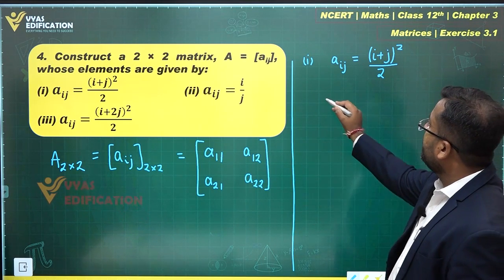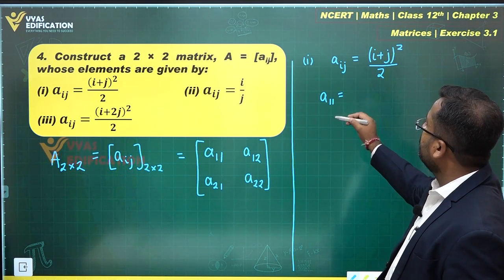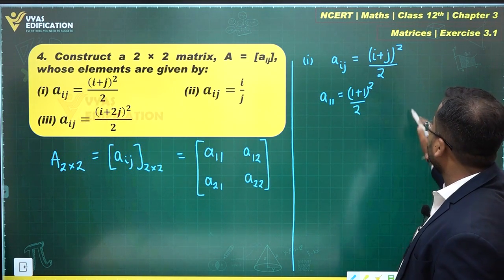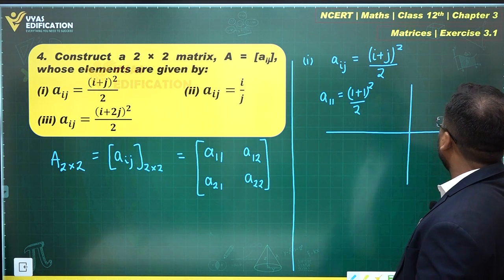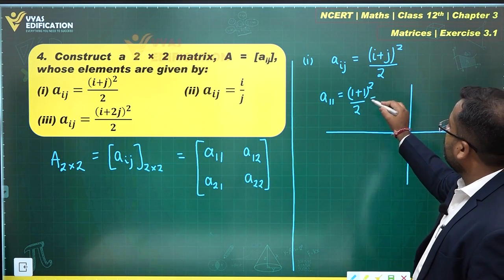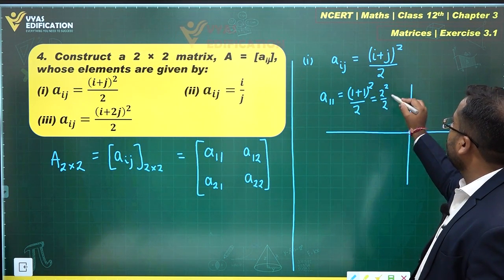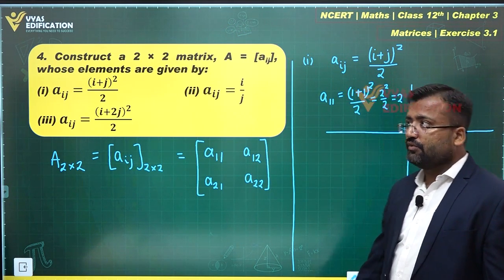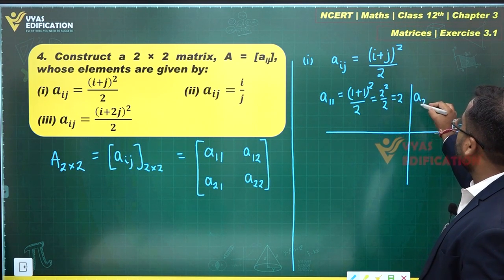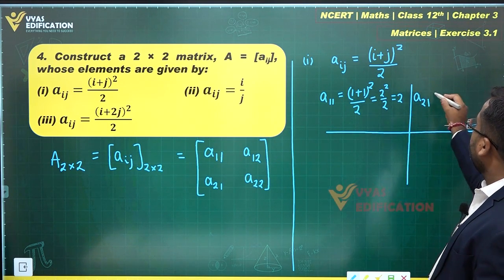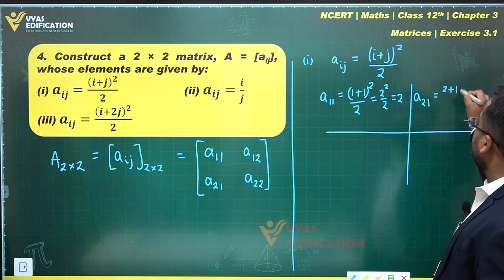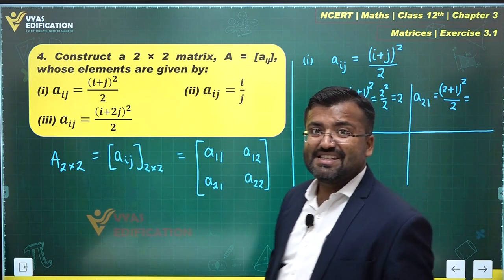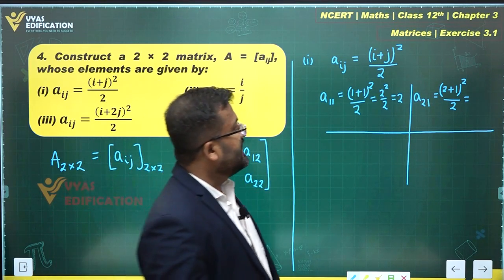Yes, let's do that. A11 is equal to (1 plus 1) whole square by 2. Okay, we'll find all 4 over here. This is equal to 2 square over 2, which is actually 2. So the value of A11 that I am getting is 2. What about A21? Let's find A21 over here, right? A21 is (2 plus 1) whole square by 2. What is that? This 2 plus 1 is 3. 3 square is actually 9